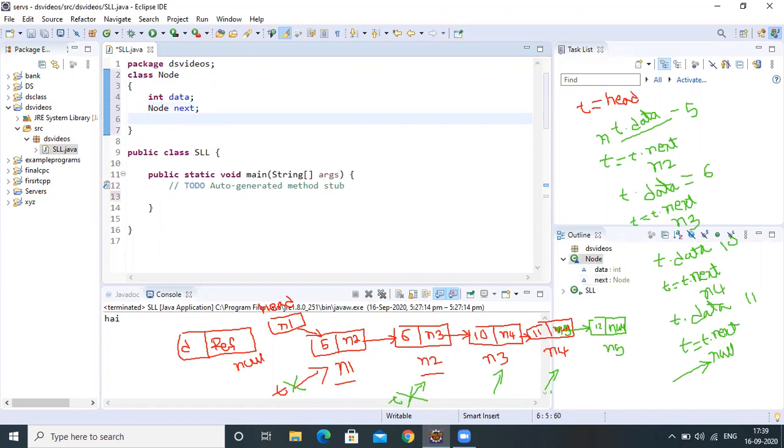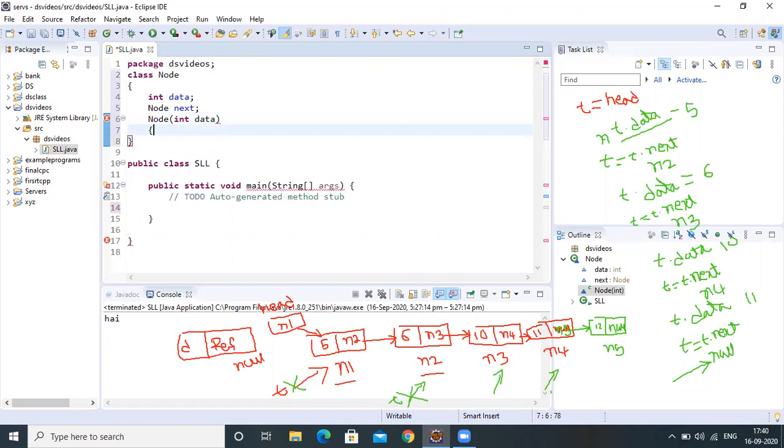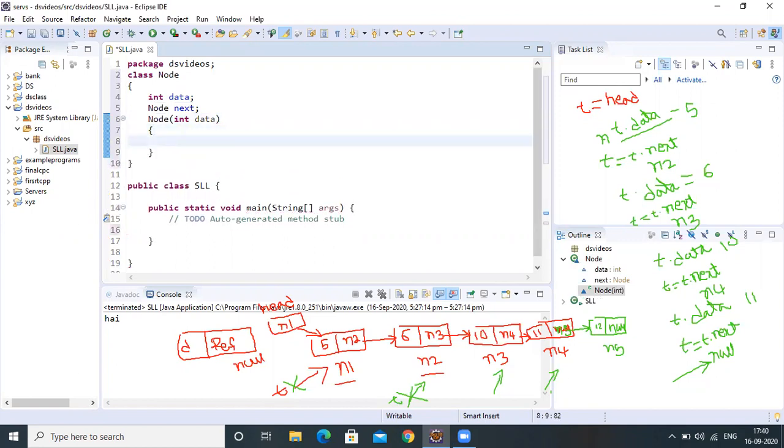Now to initialize the node, we are creating the constructor Node(int data). Initialize the data: this.data is whatever data we are supplying.